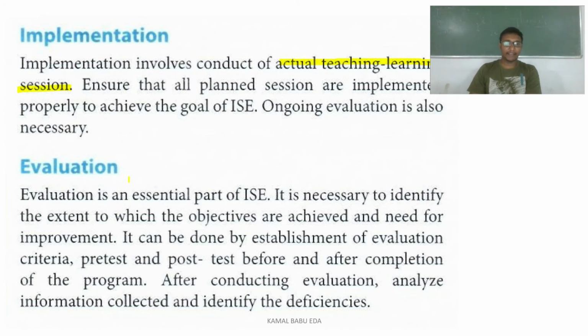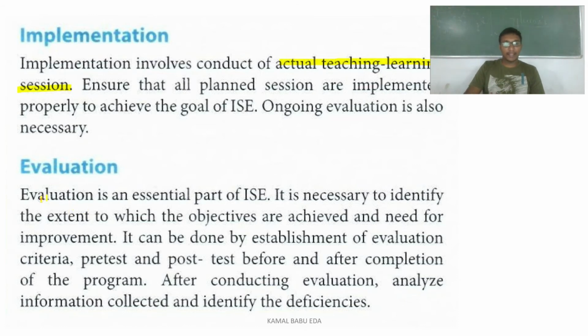Next one is evaluation. So what is this evaluation? Once the in-service education is done, it is your responsibility as an administrator to see whether the teaching objectives were met or not. If any objectives are not met, you have to re-evaluate the program, restart the program, and make sure what changes need to be made in the course of action plan, and change accordingly and be sure that the objectives are met by the staff.